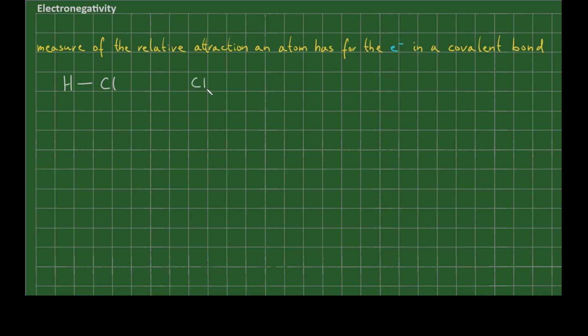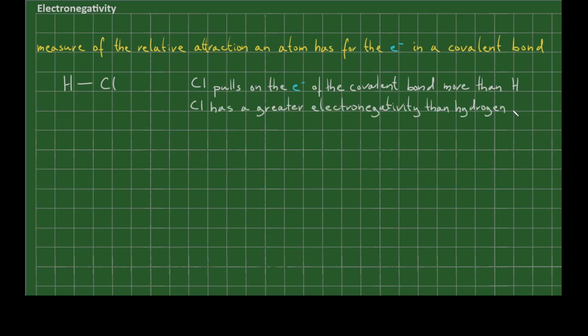Chlorine happens to pull on the electrons of the covalent bond more. Using more scientific language, we could say that the chlorine has a greater electronegativity than hydrogen. And it is always the atom with the greater electronegativity that will pull on the electrons of the covalent bond more. At this stage you might be thinking, well, that is great for you and all the other demented cauliflowers,